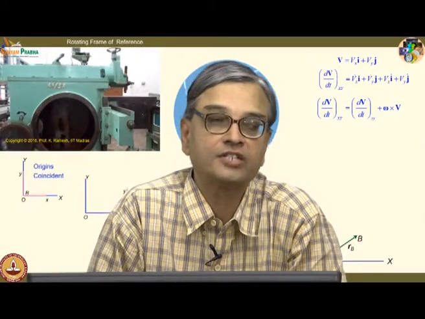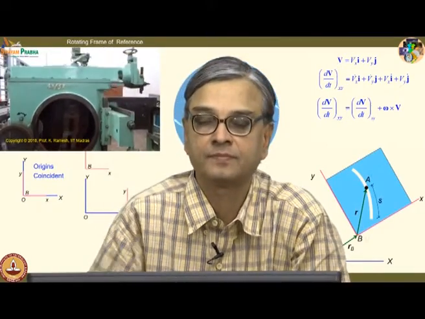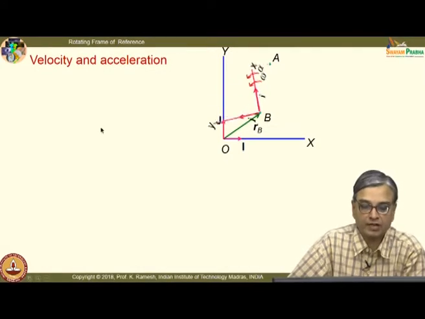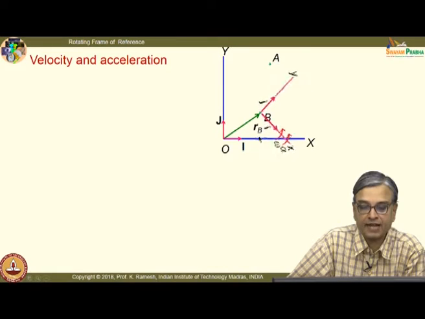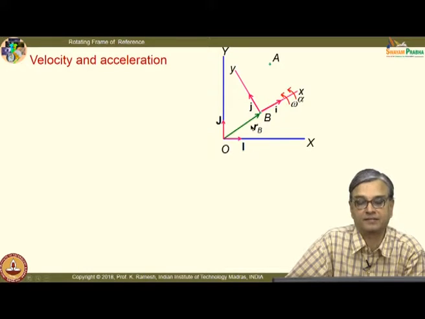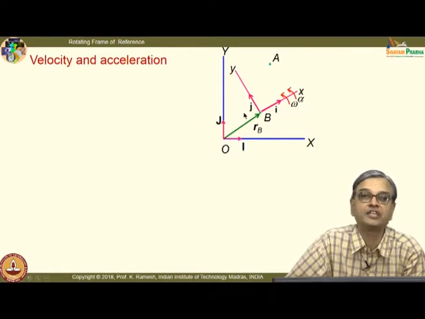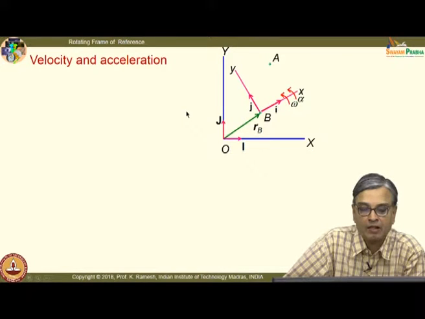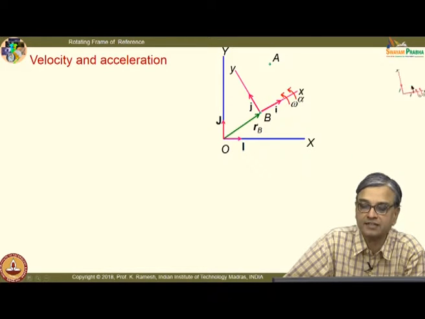Let us continue our discussion on rotating frame of reference. We have looked at how the rotating frame of reference can have both angular velocity and angular acceleration. For simplicity, we simply use the unit vectors i and j, with the explicit understanding that we are using them for the rotating frame of reference. It makes our mathematical representation much simpler. They are not to be treated as Cartesian i and j.